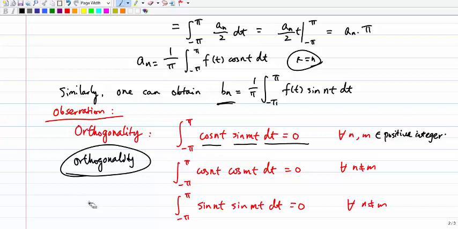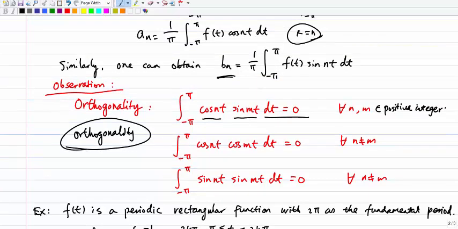The product will be 0, right? And also we have the integration from negative pi to pi of cosine nt and cosine mt. They are also orthogonal, meaning that the integration from negative pi to pi of cosine nt times cosine mt will be 0 if n is not equal to m. So there's a condition, which is not for all n and m. As long as n and m are not equal to 0, of course n and m should be positive